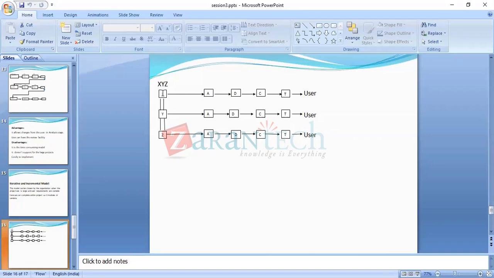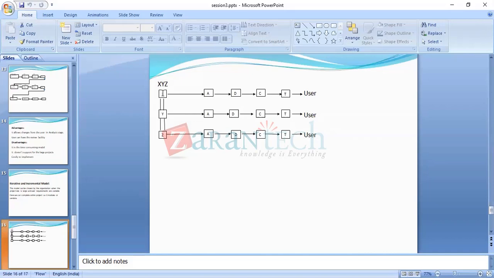Then the clients may use our X module or not. Yes, they are using the X module. By using the X module, the clients may expect some new features.